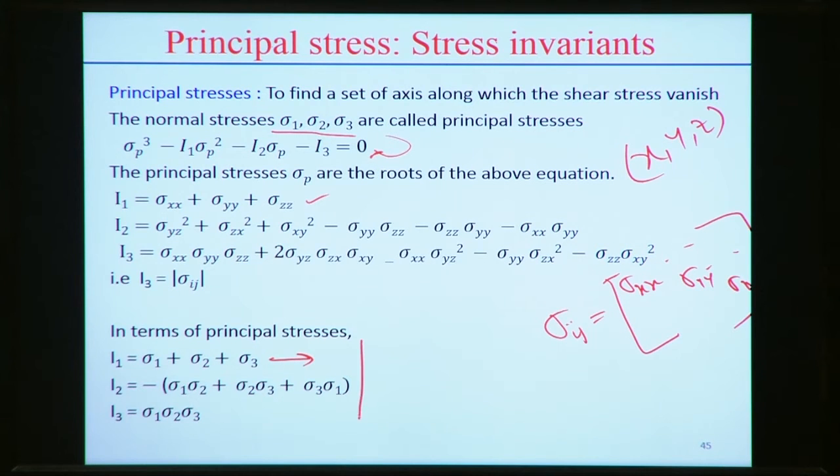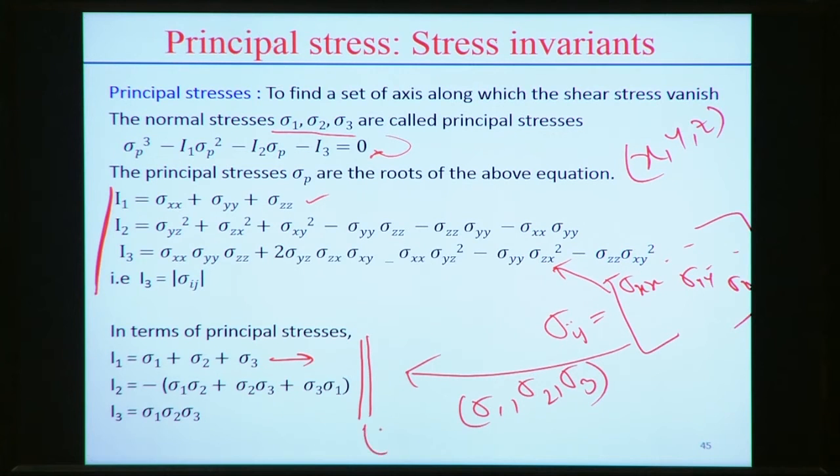So this expression is the more simply expression to remember. I think it's a more simplified form in terms of the principal stresses, but a few more terms are also involved here. But this expression is with respect to the original stress matrix, whereas the other is when we find out the principal stresses or principal stress axis. So it is defined with respect to that.